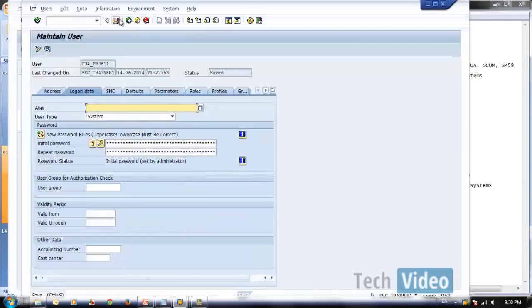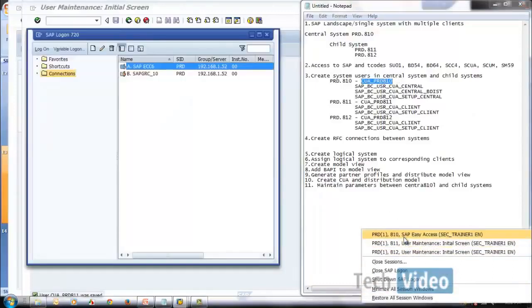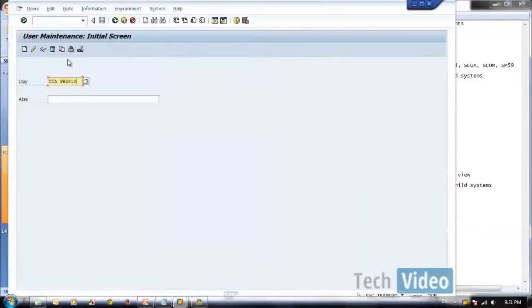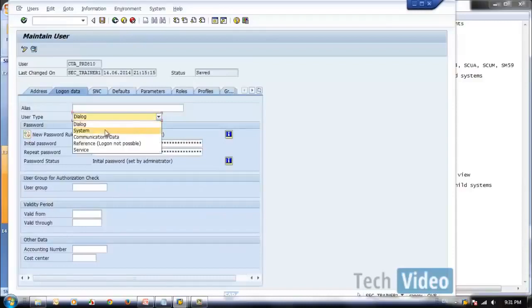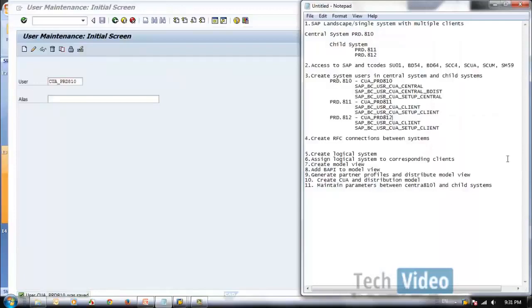Change it to system user. Then 810, system user. Okay, now we changed all the 3 users as system users.